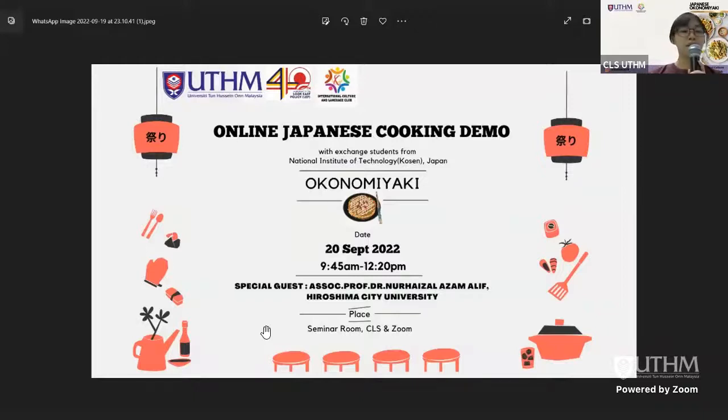We're here today as part of the Okonomiyaki cooking demo program, focusing on the history and the making of okonomiyaki. Okonomiyaki is a popular pan-fried dish that consists of batter and cabbage. The dish is available all over Japan, but it is particularly popular in the cities of Hiroshima and Osaka. That's a simple definition. Now I'm sure our speakers and presenters will give a more detailed explanation after this. I can't wait to learn more about okonomiyaki, and I'm sure that all our participants can't wait too.